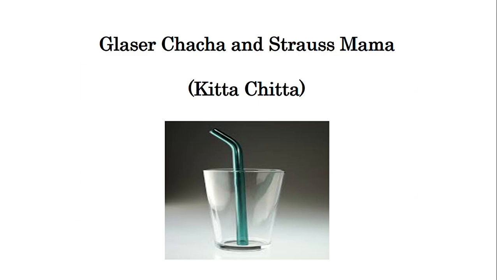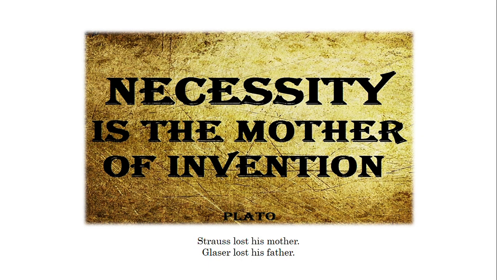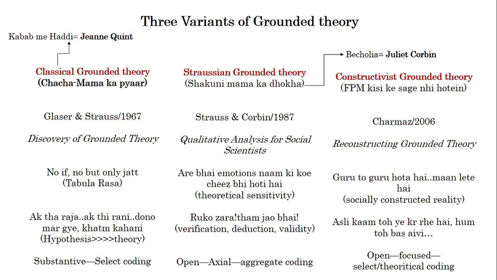I'll go back and quickly give you an idea. Glaser and Strauss are basically the propounders of grounded theory, and their main reason for starting this study was that they lost someone in their family, which motivated them to study dying patients. During that study, they realized that not a lot of research had been done in qualitative research, and therefore a more rigorous, comprehensive method would help to do qualitative research in a better manner. And therefore they proposed grounded theory, called classical grounded theory, in 1967. This was further modified, and Straussian grounded theory was proposed in 1987, and finally the constructivist grounded theory was proposed in 2006.